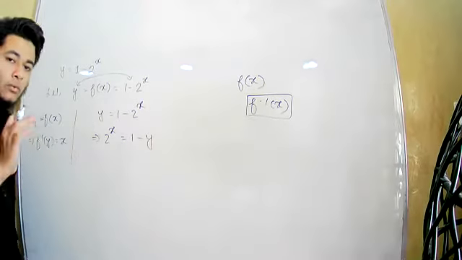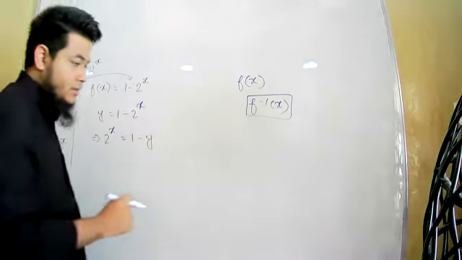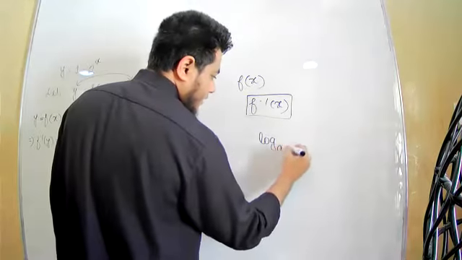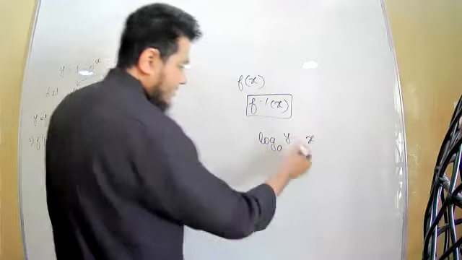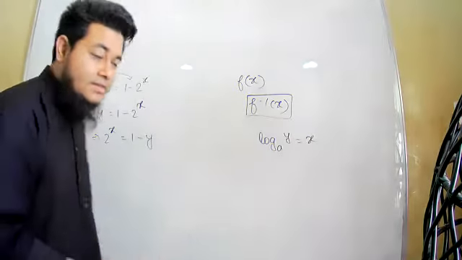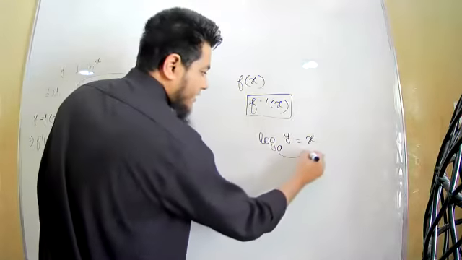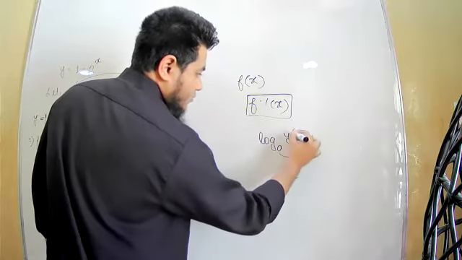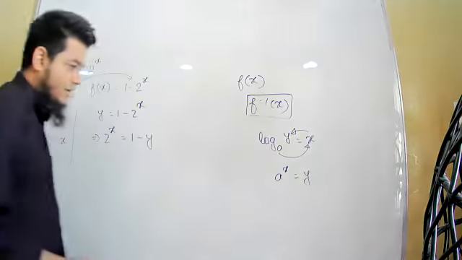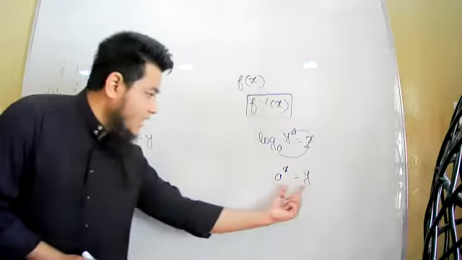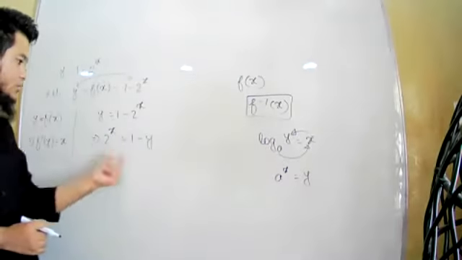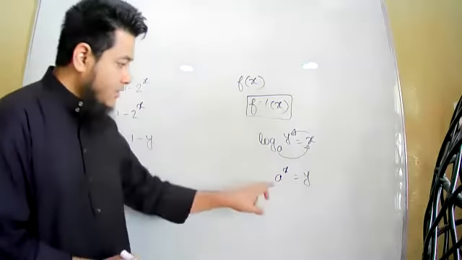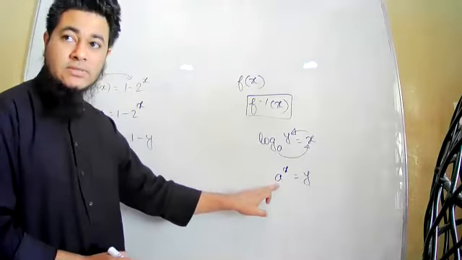Now from here, what we can write? Okay, so please remember log a y equal to x. If we have a line like this, what we can write? Y to the a to the power x, right? A to the power x is equal to y. We can write this. Now we have this line here. We have a similar situation here. From here, how I can go back to that line? So please remember, whatever we have as a base,